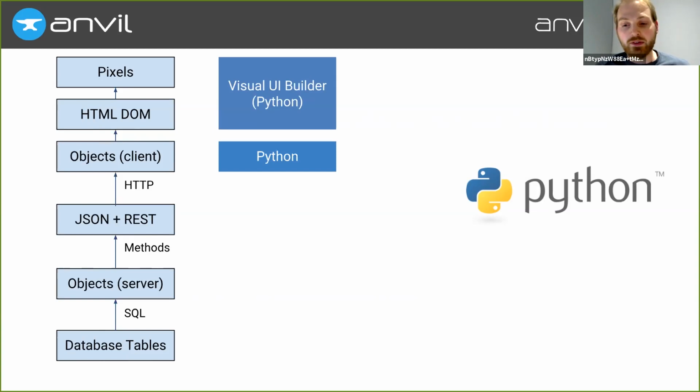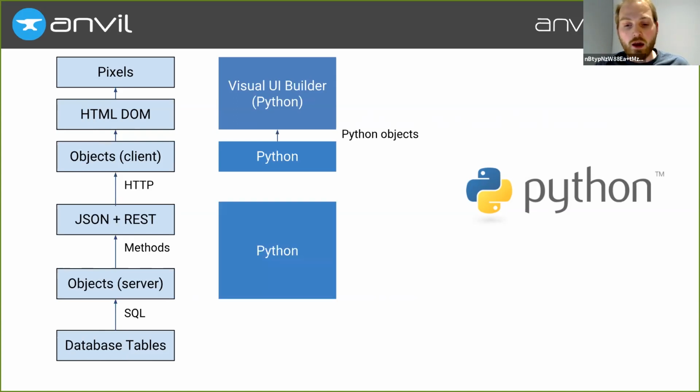What that means is that if you're running Python in the browser, then those user interface elements you've been creating can just be Python objects and can be manipulated directly rather than through indirect ping pong through templating libraries. Of course, it's Python on the server, but if it's Python on the client and Python on the server, we no longer have to mash all of our objects into JSON and use this weird set of verbs. No, we can just make function calls.